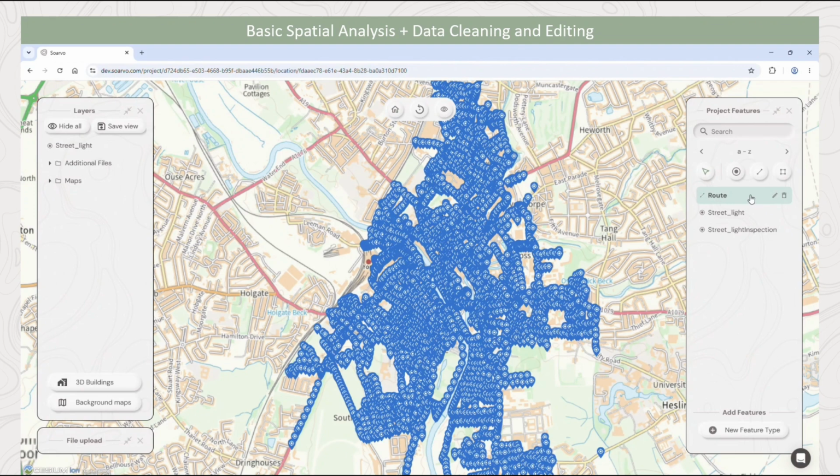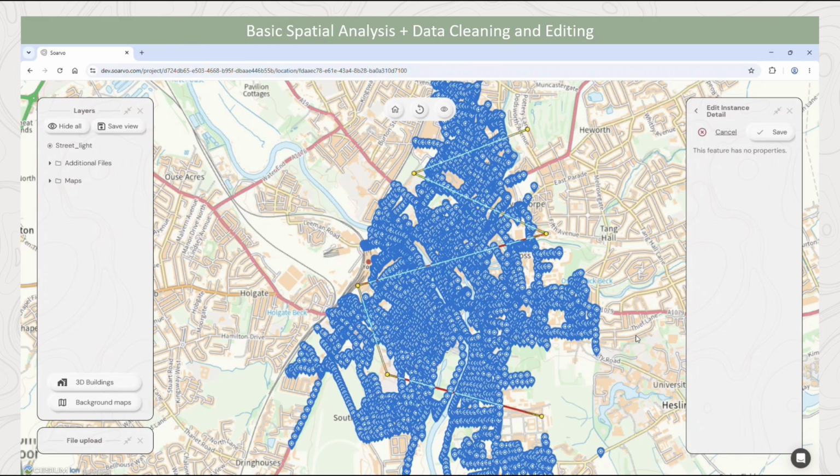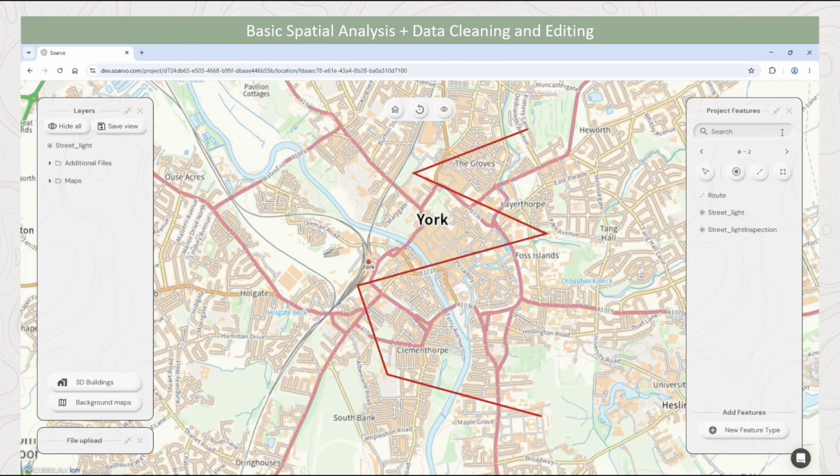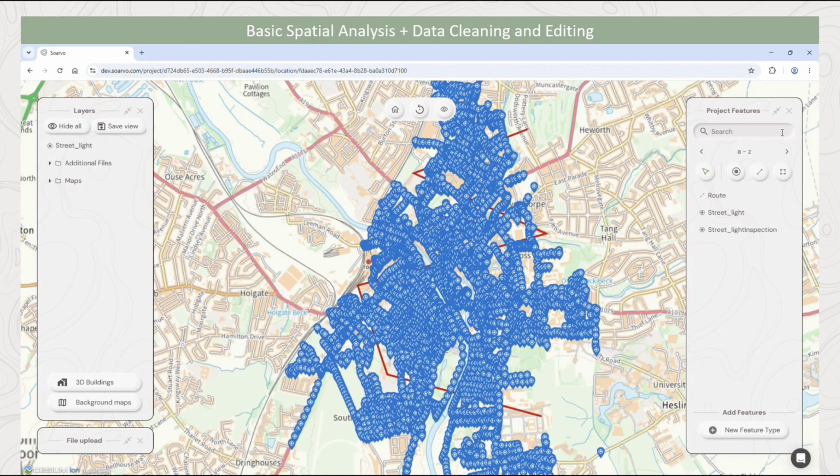And what I can do is just click and throw a random route down across this map and through this data. Save that away. So what I want to do now is to be able to do a spatial query that says, pick me all of the streetlights that fall within 10 meters of that